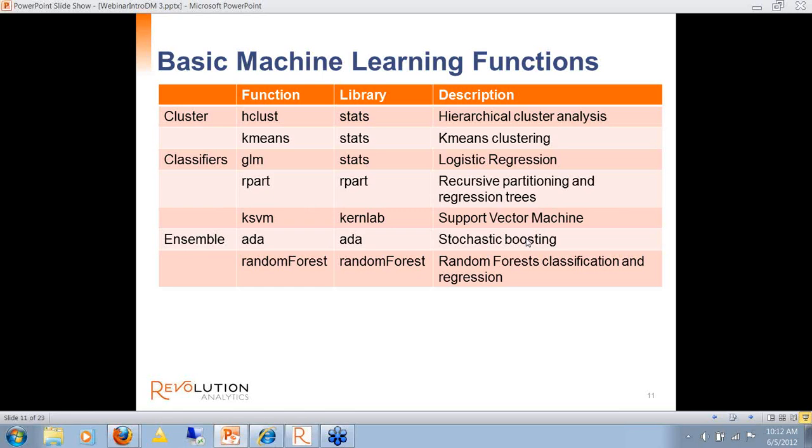If you have 20 functions to a package, you can see there are big numbers in terms of functions. But for the most part, there are only a few that are going to be interesting to you for your context. So what I've done here is pick out what I think are the most useful functions for people who are getting started in data mining, and indicated which library they come from. And what we'll do is we'll show a little bit about how these work.